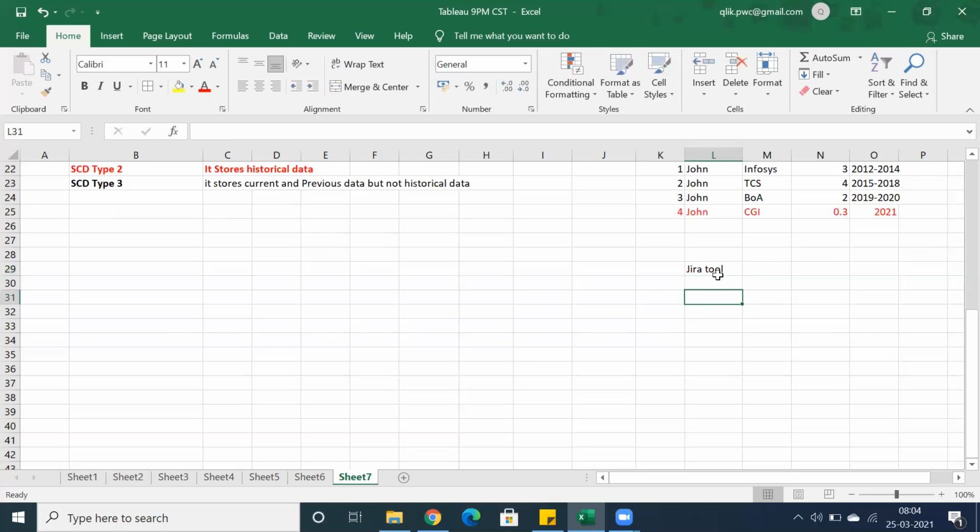Basically in Jira, they will assign you some task, some ticket, right? And we have to work on that specific task. We have timelines. First, the status of the ticket will be development. And if you complete the development, then you will move to the next status.